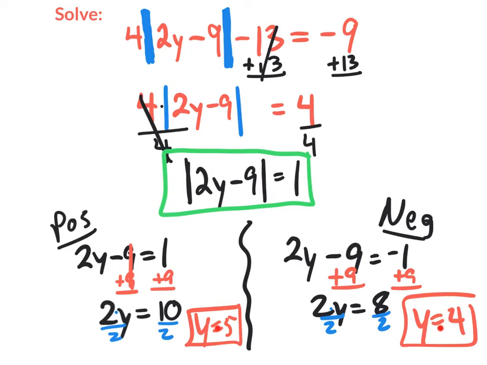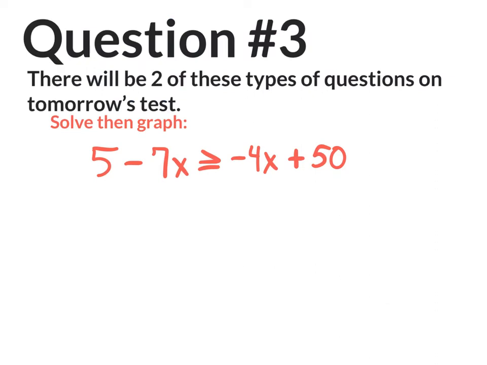So you're going to have to write both answers in your answer column on the test. Now this is not an inequality, so you're not going to use the word "or" between them. You're just going to put y equals 5, y equals 4, or you could put 5 and 4, whatever. Okay. Let's move on. This is question 3 from the game, which has 2 of these types of questions, solving inequalities,